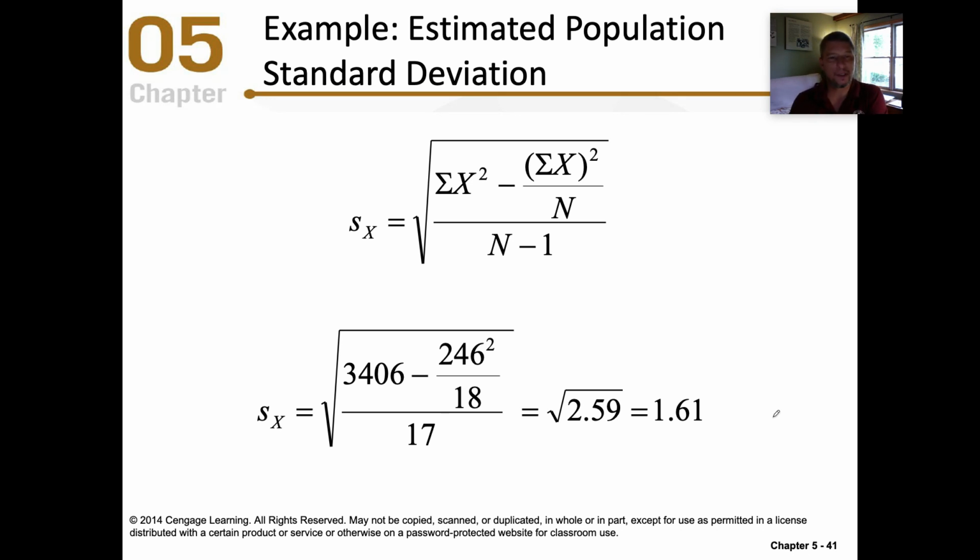We calculate this the same way. Little s is equal to the square root of the sum of x squared minus the sum of x quantity squared over n, all over n minus 1. So it's 3,406 minus 246 squared over 18, all over 17, and that gives us 2.59, like it did in the previous calculation. And then we take the square root of it, and we end up with the estimated population standard deviation as